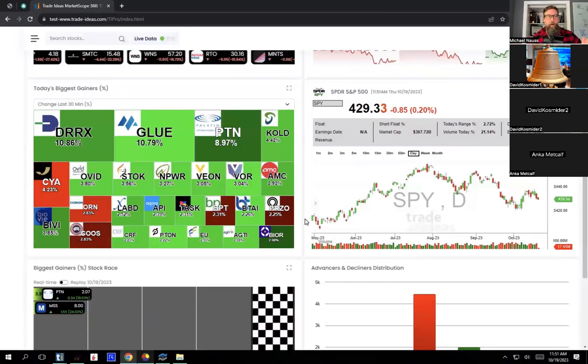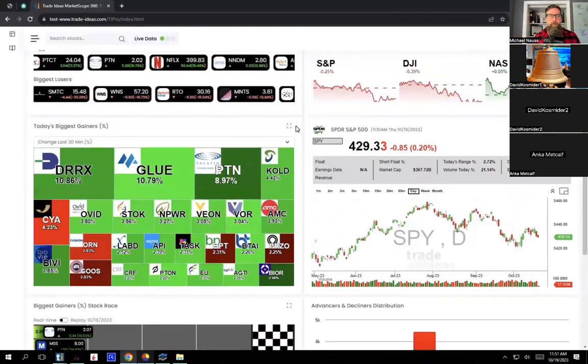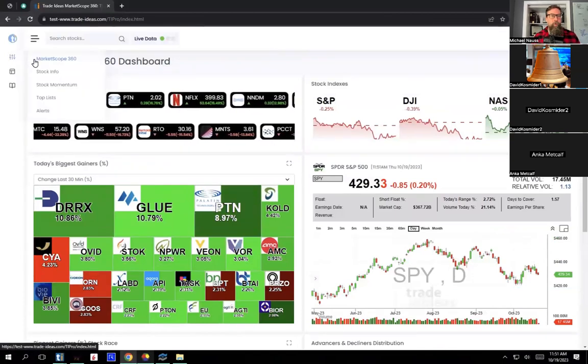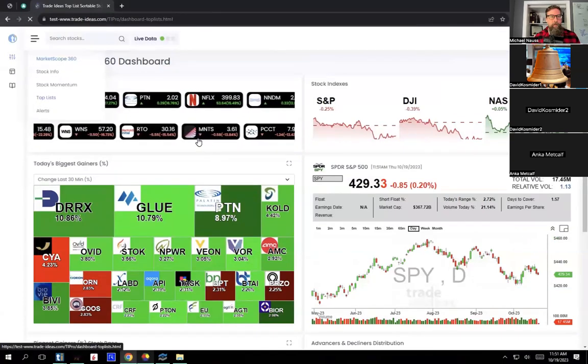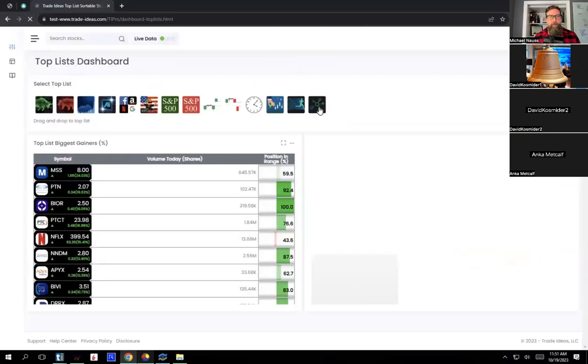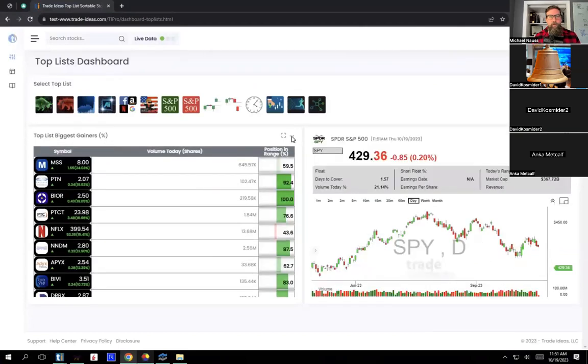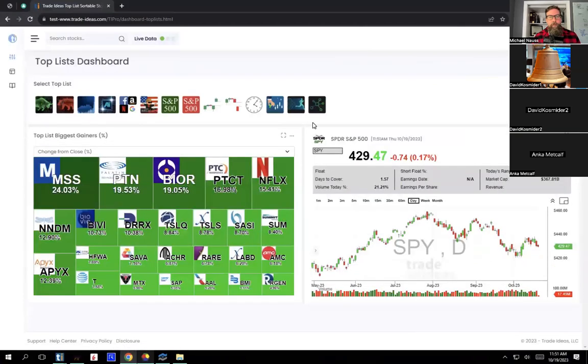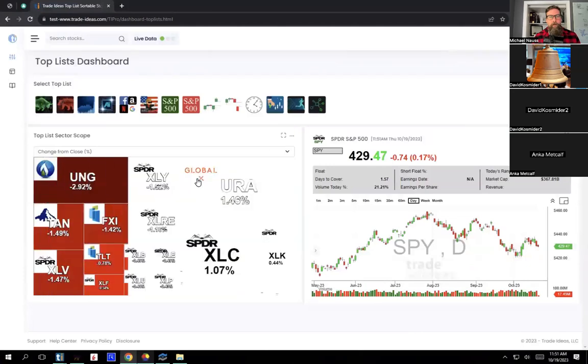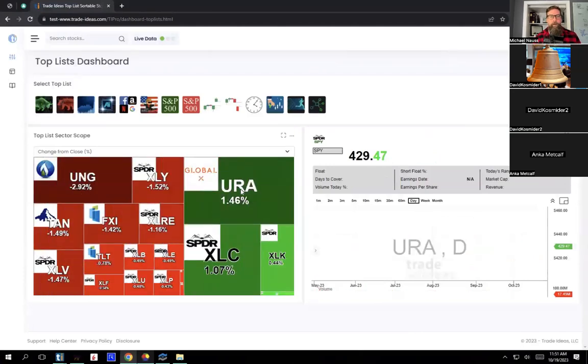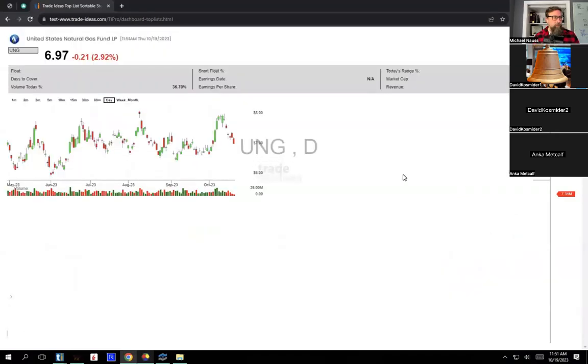So if you have multiple monitors, you'll just open up multiple browsers and put them on different monitors. That's the plan, because there's a lot more cool stuff we can do on the web. One thing I really like is these heat map views, where we can go tree map, and then we'll move that in there. And these are the sectors up and down. So uranium's doing well, and natural gas is getting killed today. So yeah, it's all working on the web.